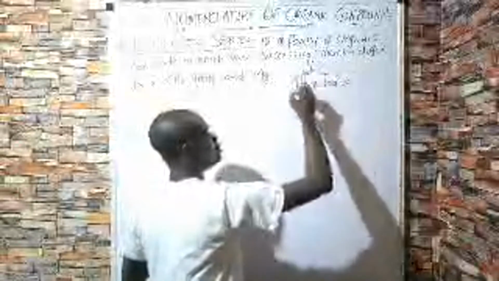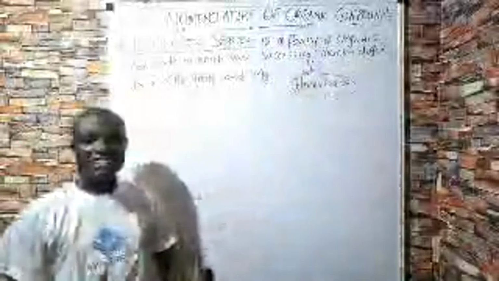Now each successive member is also referred to as a homolog. So you get to see this word called homolog. Each of those members is also referred to as what? A homolog. Just like we have a class, each member of that class, we can call them a pupil or a student. Or let's say we have a football team, each member can be called a player. So each member of a family is what we refer to as a homolog. Now the homologs differ by a CH2 group and a 14-gram mass. Let me explain these two parts, this CH2 group and this 14-gram mass.